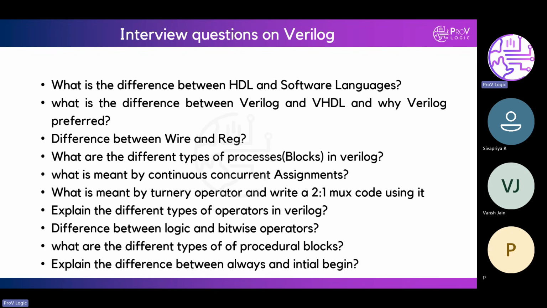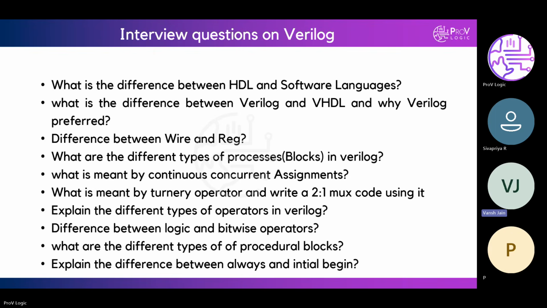So that's fine. Now we'll go to what is meant by the ternary operator. The ternary operator has one condition to check.